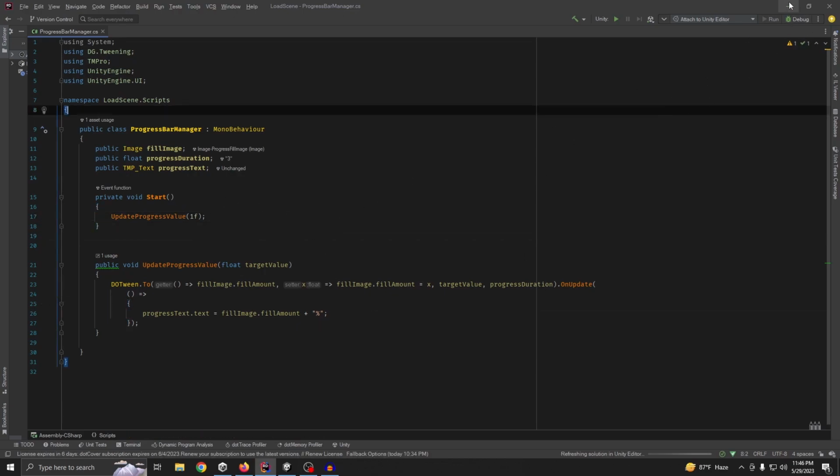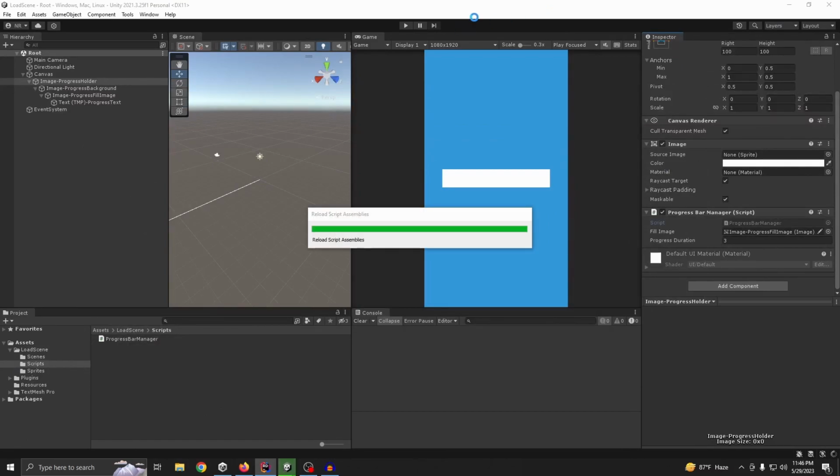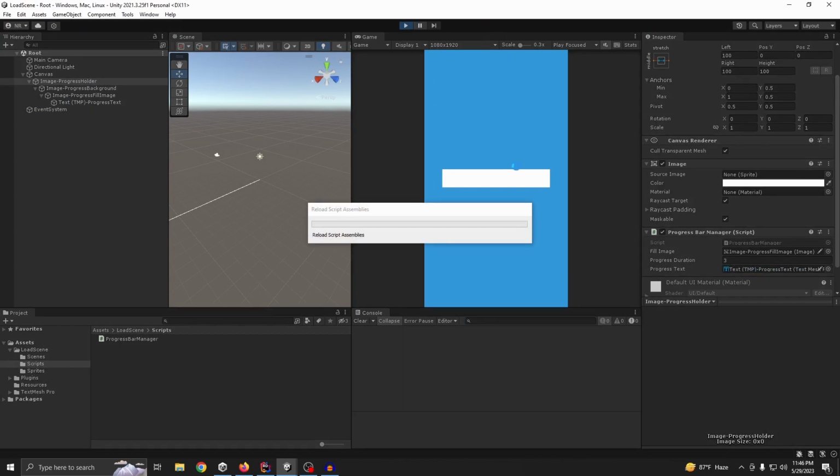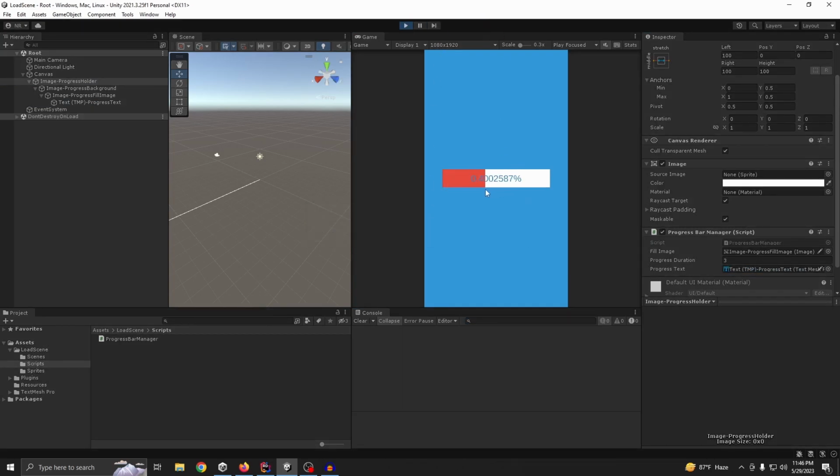Okay, now our text should work. It's as simple as that. First we need to assign our text component. Then if we play now,